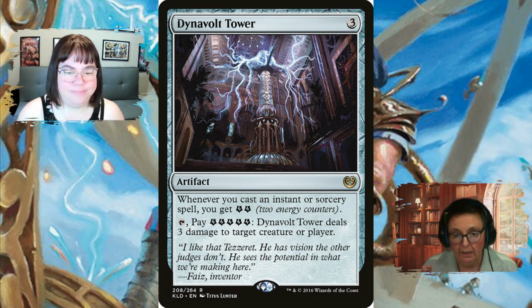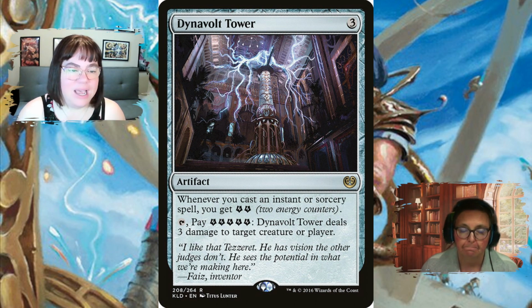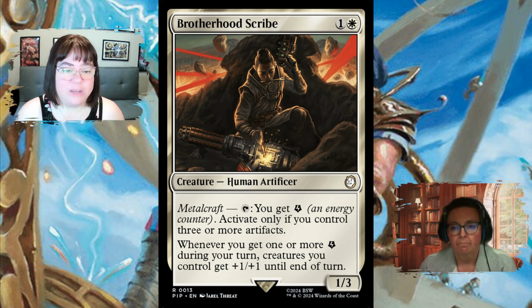Build up that energy, do the damage. It's very good. Brotherhood Scribe would also be a good one. Now, this one is